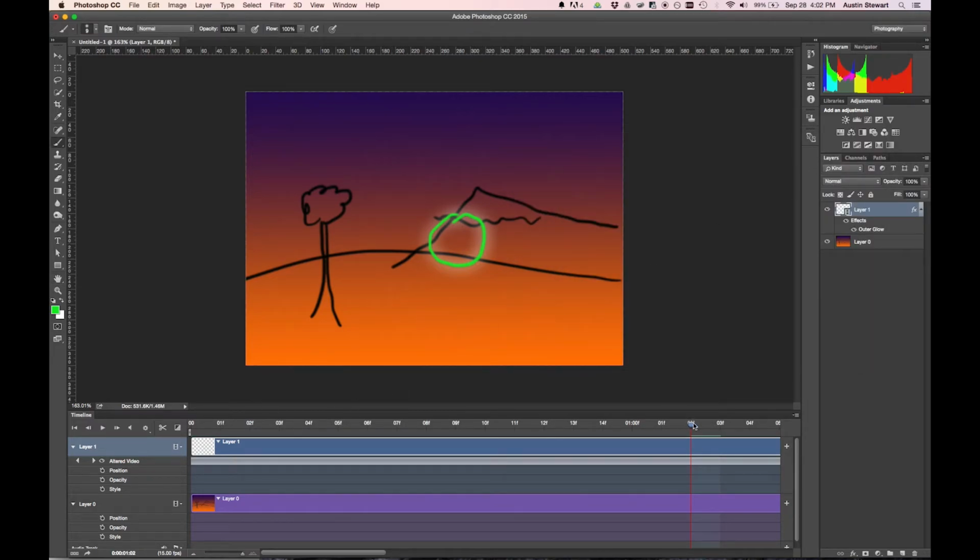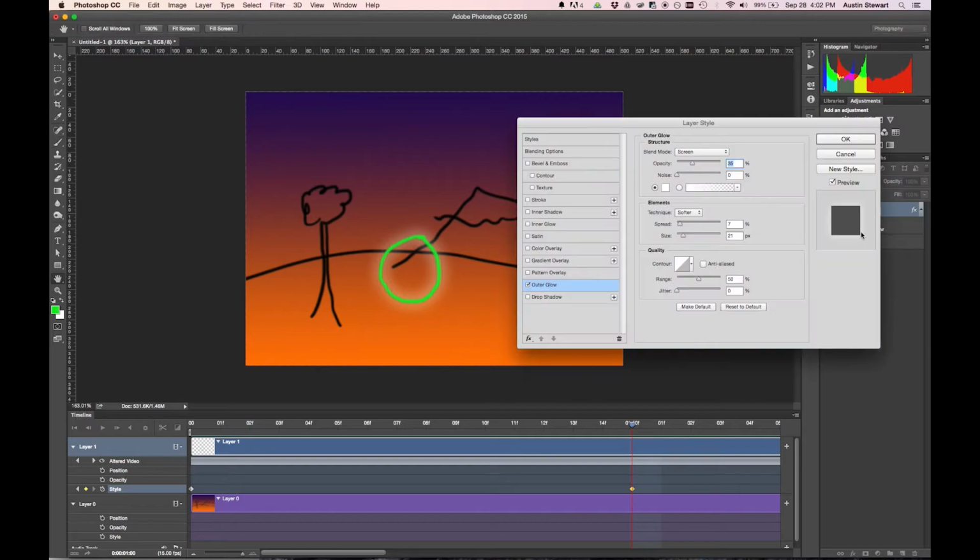All right, and I'm going to pull my playhead back to frame 1. All right, even with this style on, right? Now I've got this glowing thing happening here. I'm going to go back to the first frame. I'm going to set a keyframe for the style, and then I'm going to come over maybe a second in. I'm going to create another keyframe. And you'll notice that over here I've got these effects and outer glow. If I double click on outer glow, then I can come in here and change some of these settings. So I'm going to change the color from white